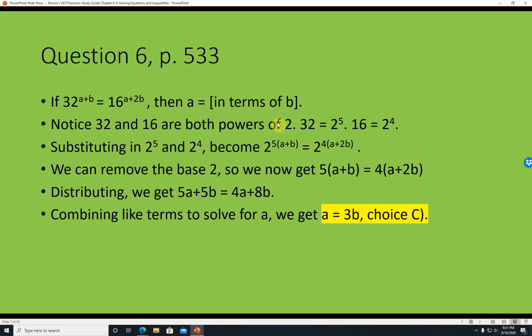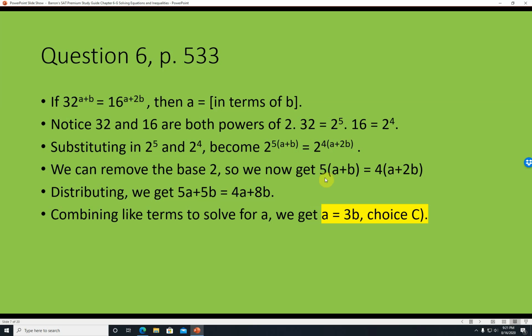So 32 is 2 to the 5th, 16 is 2 to the 4th. Substituting in 2 to the 5th and 2 to the 4th, this becomes 2 to the 5 times (a plus b), then 2 to the 4 times (a plus 2b). So now we can just remove the base 2 because obviously these are the same, so they just cancel out. So we get 5 times (a plus b) is equal to 4 times (a plus 2b)